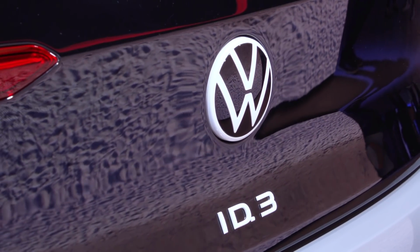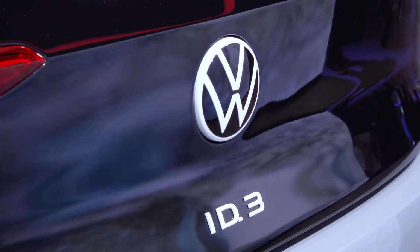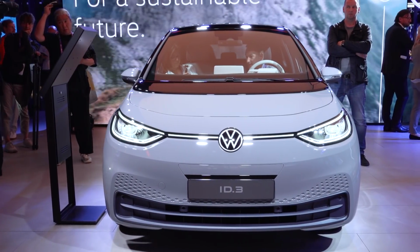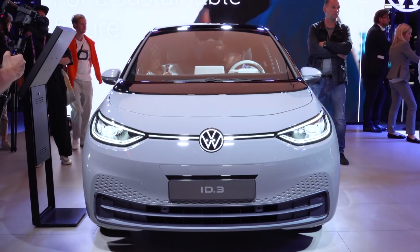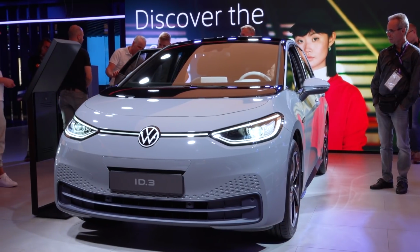Volkswagen would like you to forget Dieselgate, and it has a new logo to reinforce the point. And it thinks that its new ID3 is the car that is going to help you do it. Now, ID3 is called 3 because Volkswagen says it represents the third phase of Volkswagen's life. The first started with the Beetle, the second began with the Golf, and the ID3 is part 3 of its